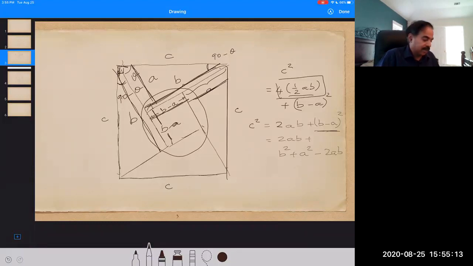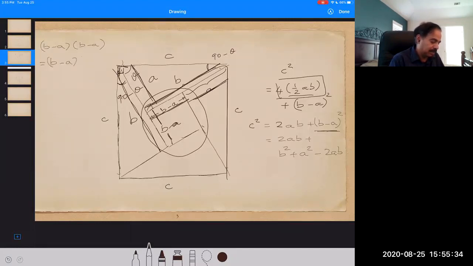You remember that, right? So the formula for expansion for b minus a whole square, right? So that is this. If you don't remember, of course, you can go here and then say, okay, I'm going to multiply b minus a by b minus a, and I'm going to take that. That is equals